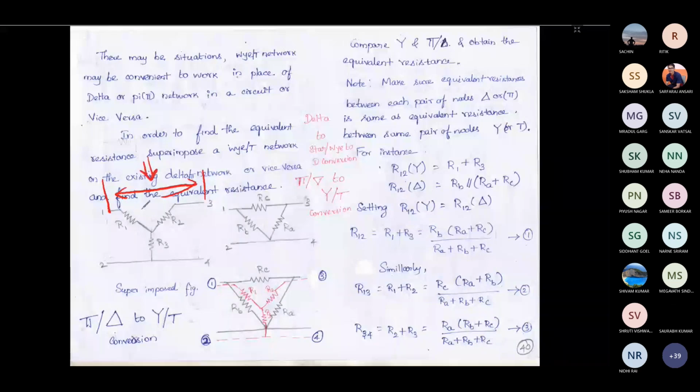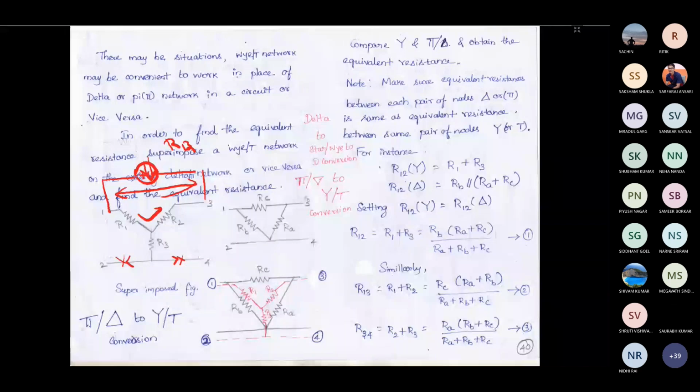Okay, so if you apply a voltage source here, the current will be flowing through this path. In the remaining terminals, there is no current, so it cannot flow because the circuit is not closed. So here you are finding R13 for the star connection. If you apply a voltage source here, the current can flow only through this.